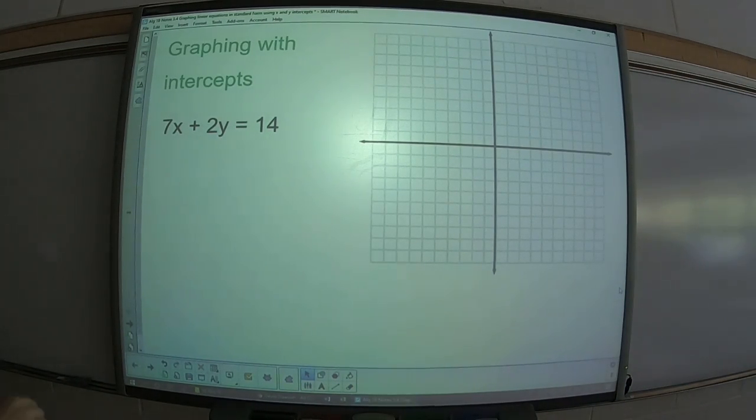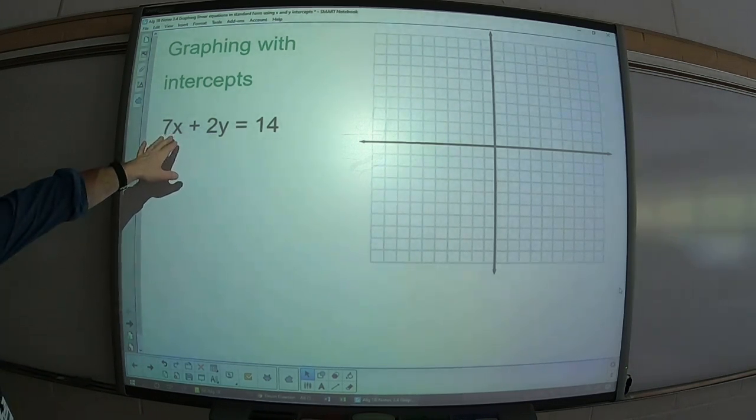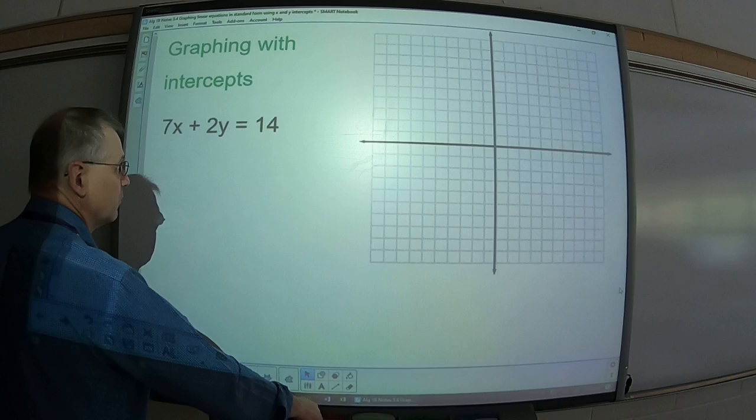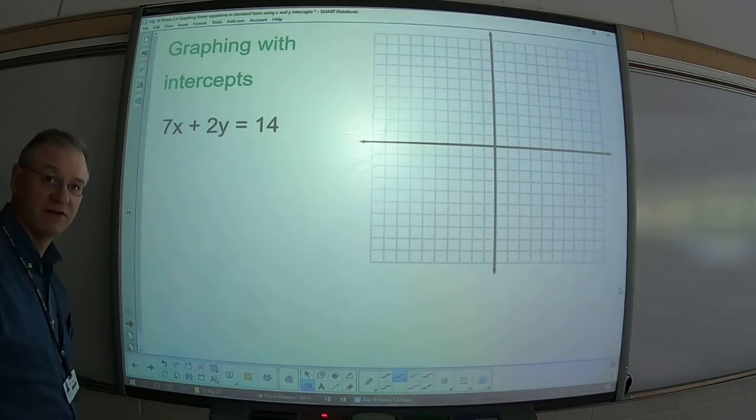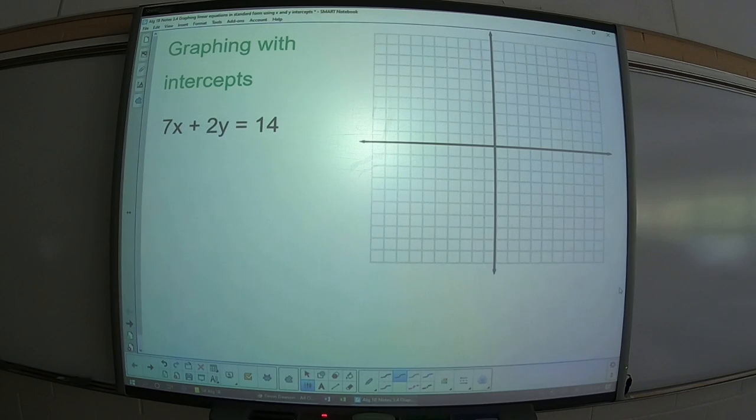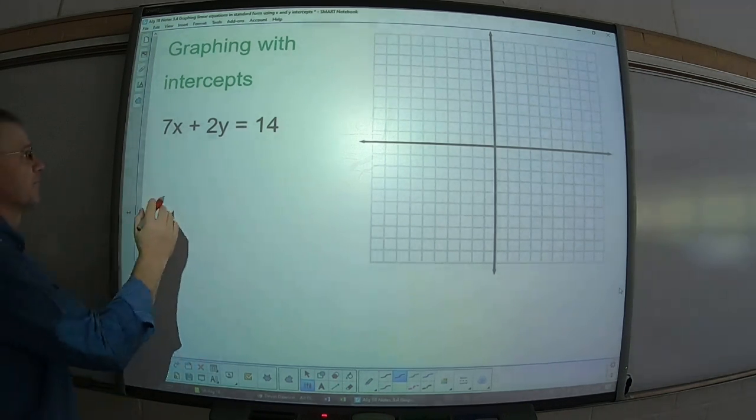So now we're going to do linear equation graphing, but this time instead of in y equals mx plus b form, let's try it with the x and y intercepts. This is what is referred to as standard form, when you have the x and the y terms on one side, and on the other side you have the constant term. So the process to find the x and the y axes, or the intercepts, excuse me, is to